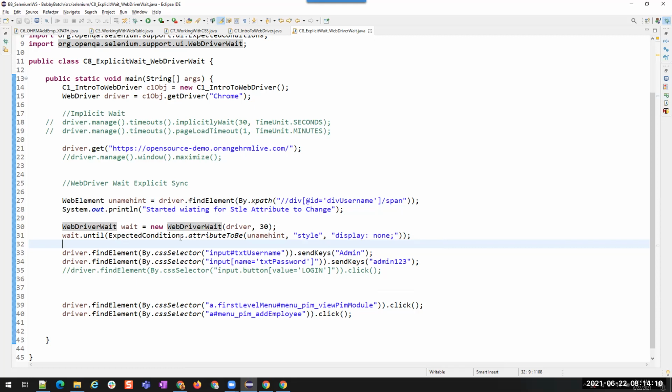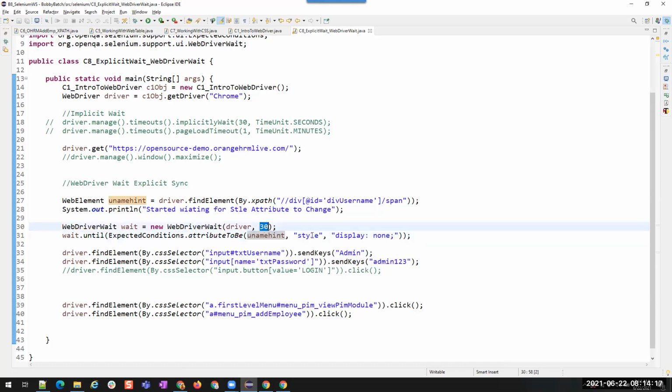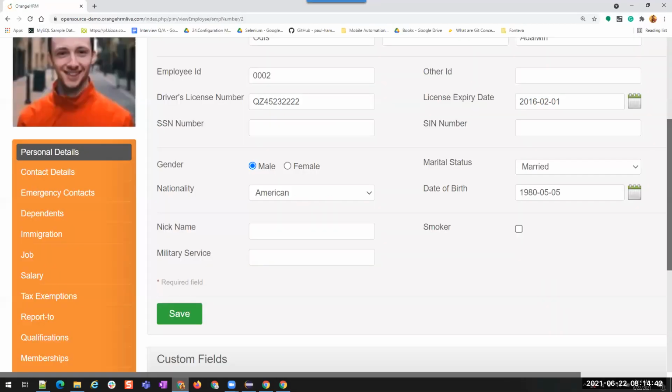Yeah, it is waiting till the style attribute of this particular element is changed to display colon none. So are we using this only for display or can we use it for different properties too? For any attributes you can use it, but you should first see the behavior, what is happening there.